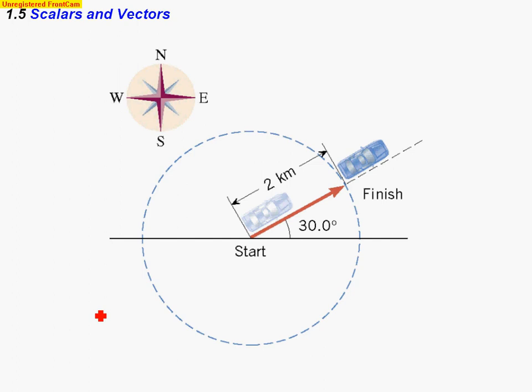We also need a way to describe the direction. So it's easy if the vector just points straight north, south, east, or west, or straight up and down or side to side. But often we have vectors that point somewhere in between. So for instance, using this coordinate system, north, south, east, west, this vector points somewhere in between north and east, but it's not specific enough just to say northeast. In fact, if you say northeast, that's implying that you're exactly between north and east. That would make this angle 45 degrees. But our angle is not 45 degrees, it's 30,